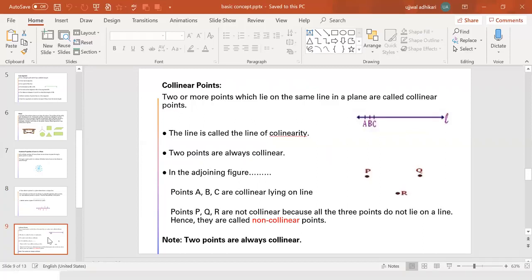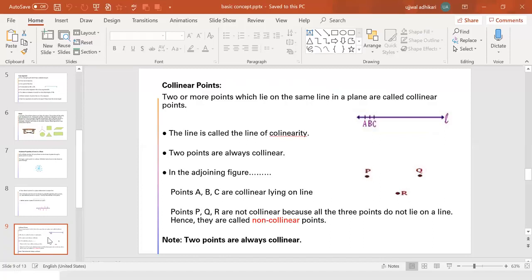Collinear. This concept is a most useful concept in geometry, in optional mathematics, etc. There may be different ways which may use two or more points which lie on the same line in a plane are called collinear